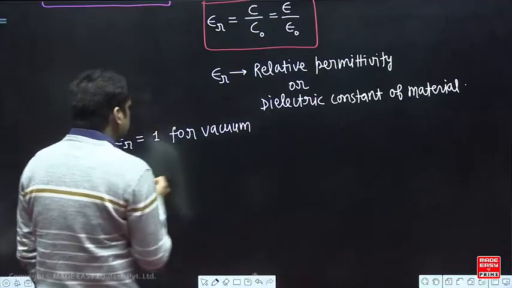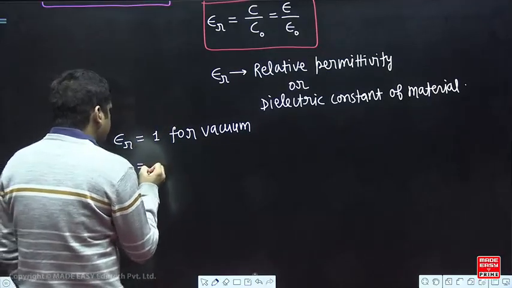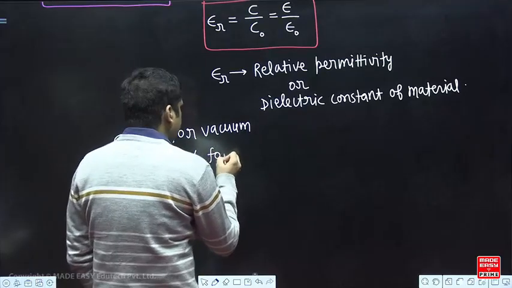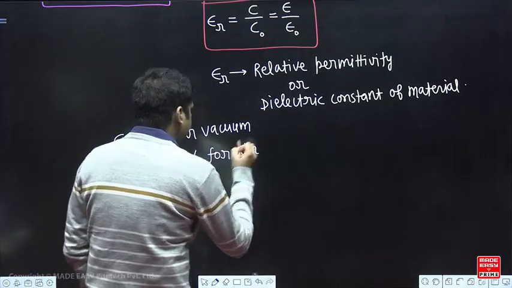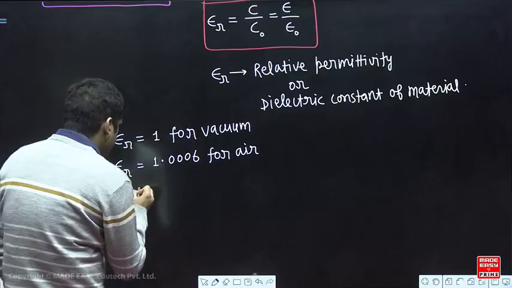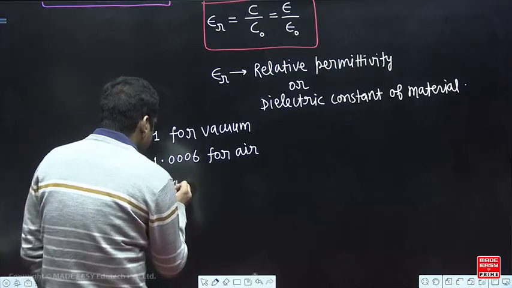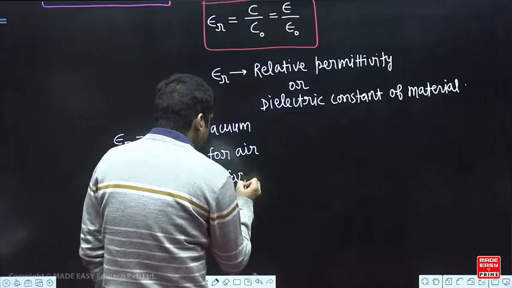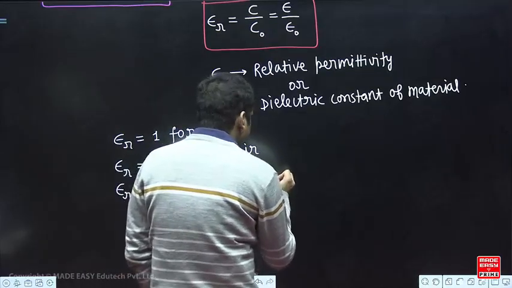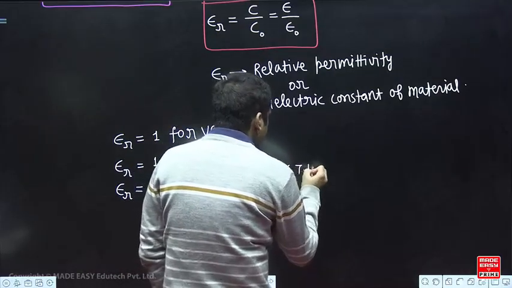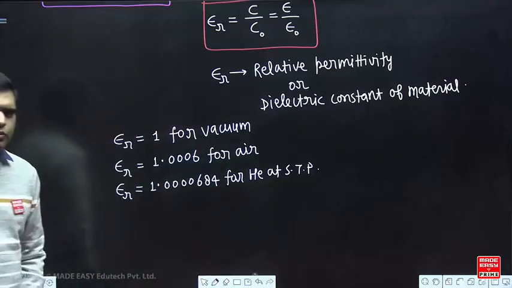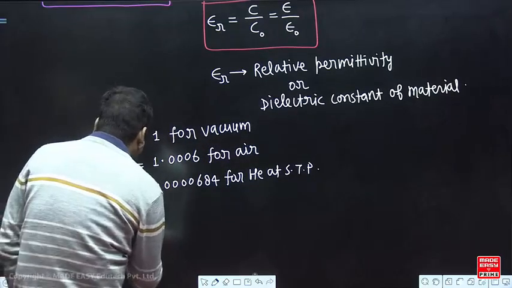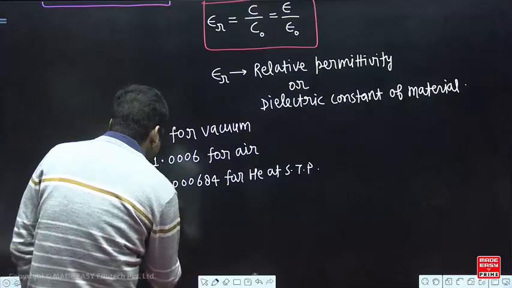For air we use 1, but it is actually 1.0006 for air. So it is slightly greater than 1. Epsilon R is 1.000684 for helium at standard temperature and pressure. Sometimes you use 1 for helium also, but it is slightly greater than 1. That I want to tell you. Then epsilon R is 81